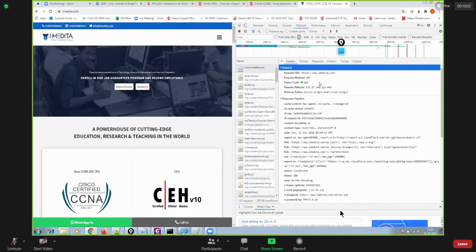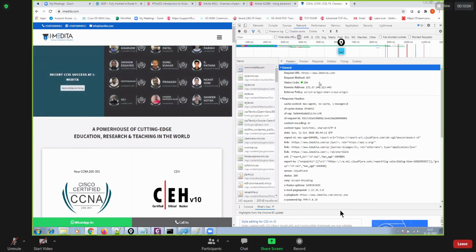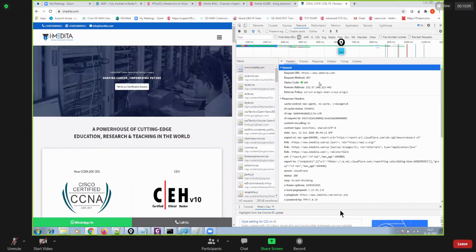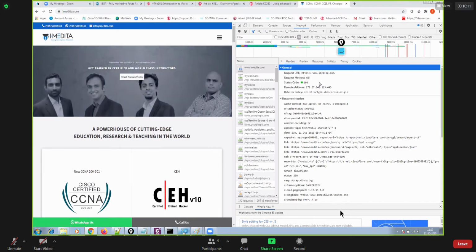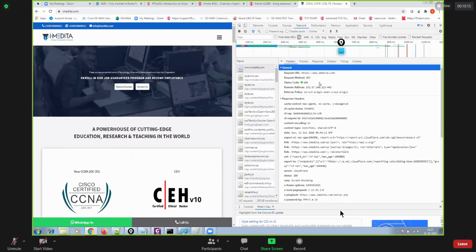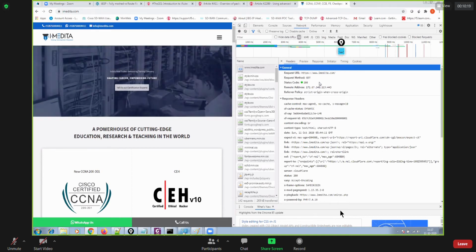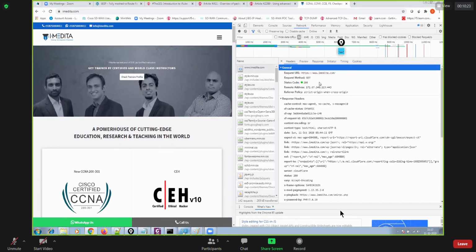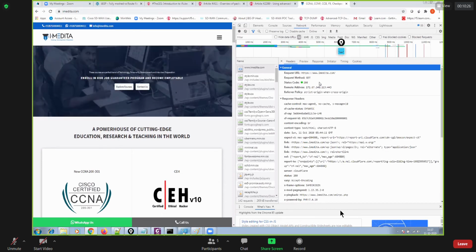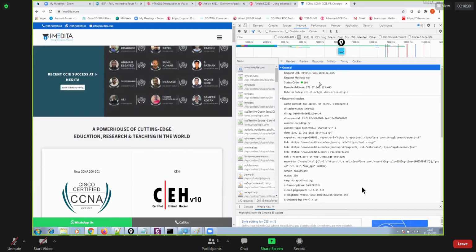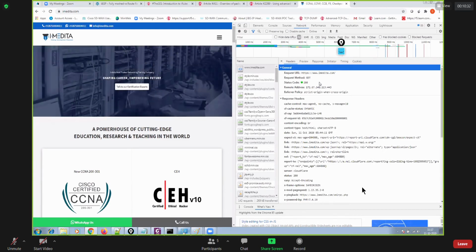Maybe the server is not responding. Yeah, let me not tell you. That means the TCP connection got established successfully because you were able to send the GET message, right? You were able to send the GET message. That means the TCP connection got established successfully. Because if your TCP connection doesn't get established, you will not be able to send the GET message. All right, guys.